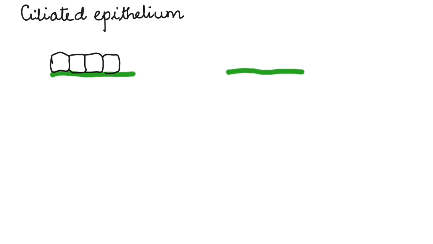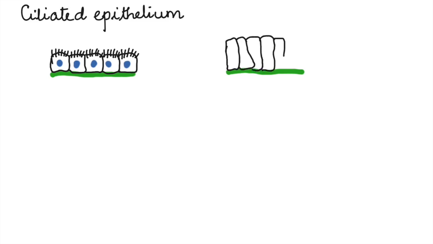Next, let us see the ciliated epithelial cells. Now the ciliated epithelium can be either in the form of cuboidal ciliated or columnar ciliated. So here we are drawing both. We draw the basement membrane and then draw the cube shaped cells for the cuboidal ciliated epithelium and column shaped cells for the columnar ciliated epithelium. Now on both of these, on the apical surface, there are small thread-like structures present, which are the cilia. The cilia help in beating in unison so that they can help move substances from one place to the other.